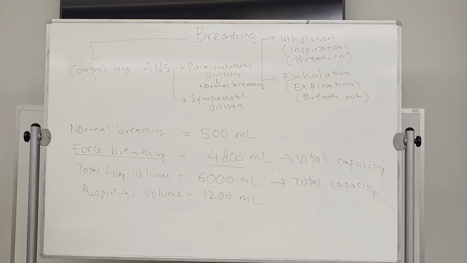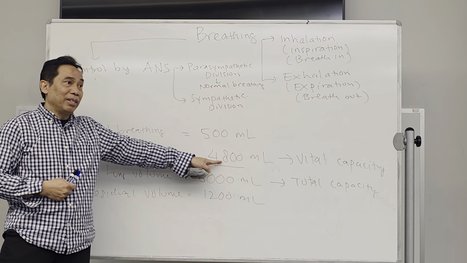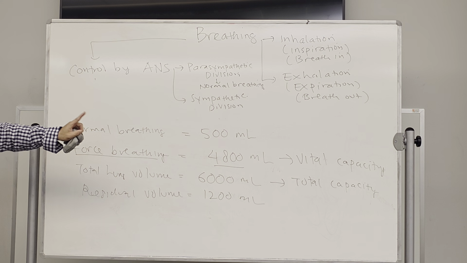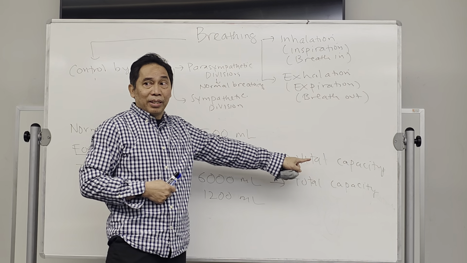There are some people that have a problem like asthma, for example. They will have less vital capacity because they have difficulty to breathe out and also to breathe in. They maybe have less of this one, right? If someone has asthma, bronchitis, or another disorder or disease, it will lower their vital capacity. Right?